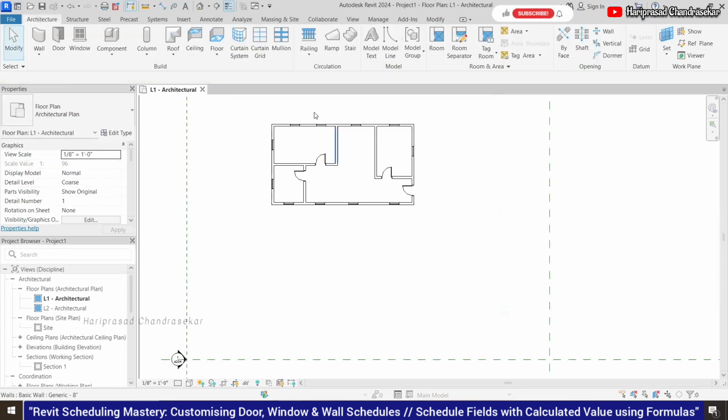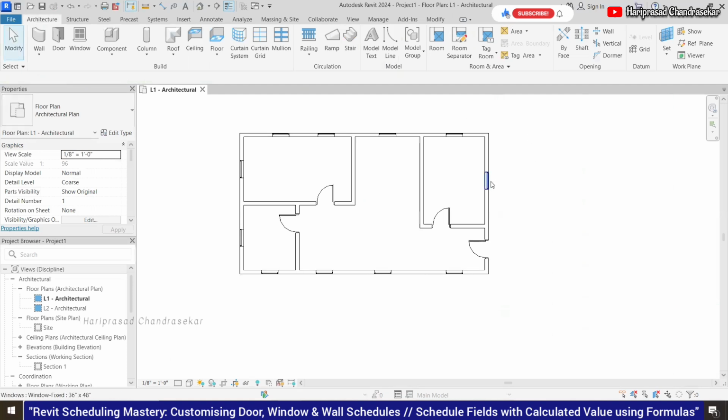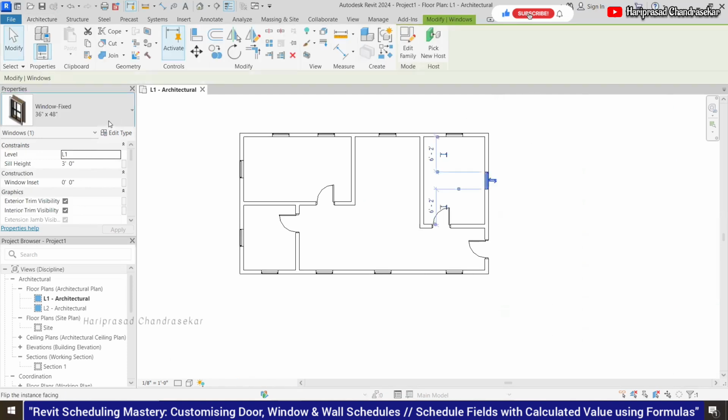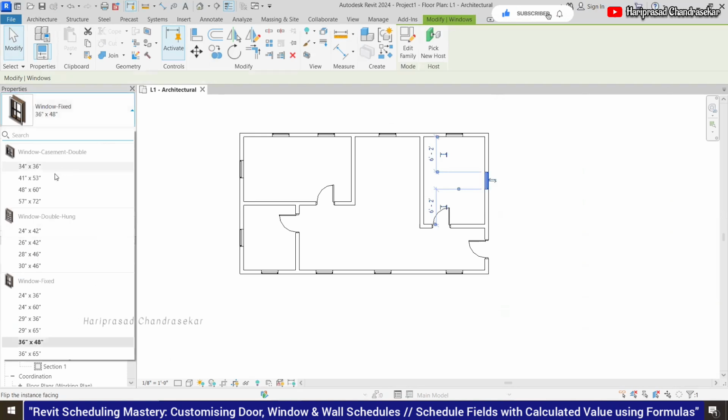So I have lots of doors and windows. If you want to change some windows, then you can just select the particular window and you can go and change here.